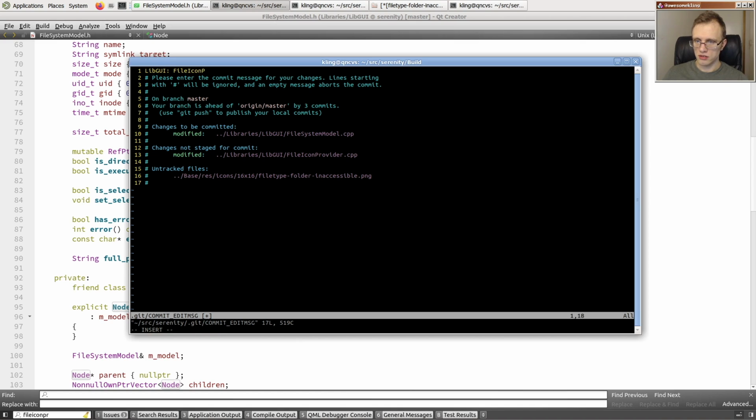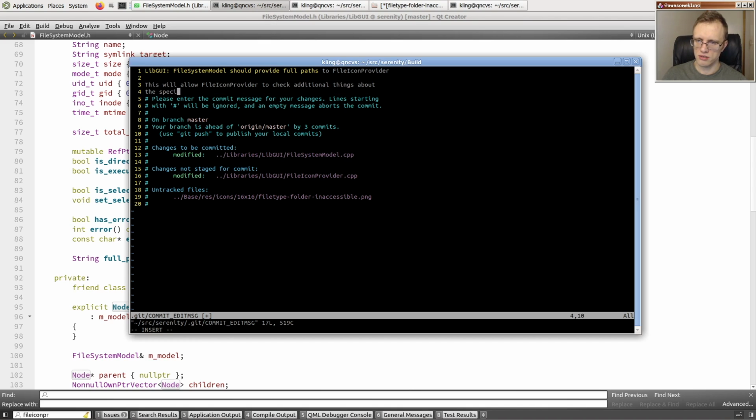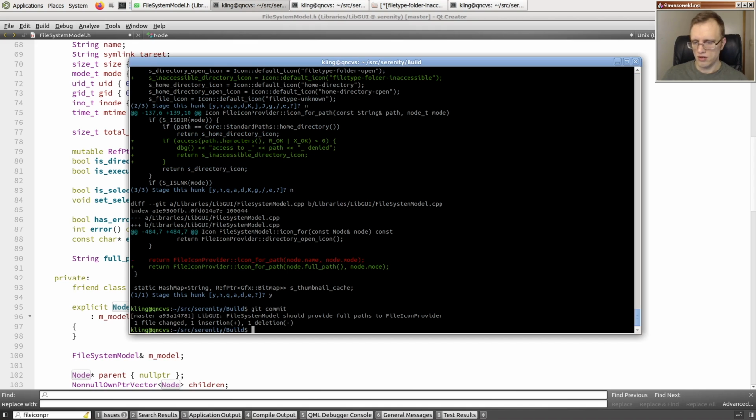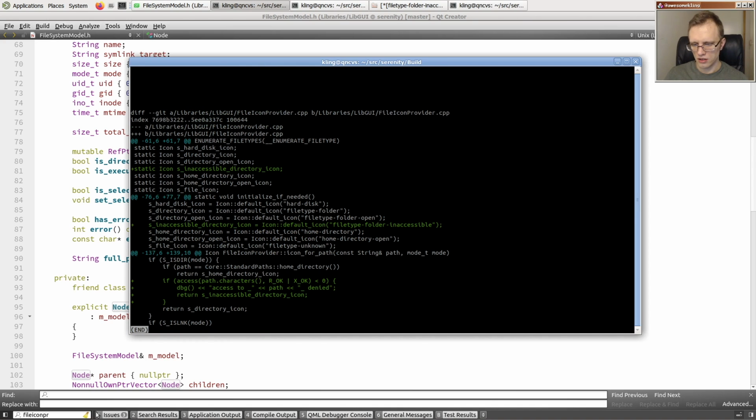File icon. File system model should provide full paths to file icon provider. This will allow file icon provider to check additional things about the specified path. We previously only had access to the base name, let's say. All right, and then